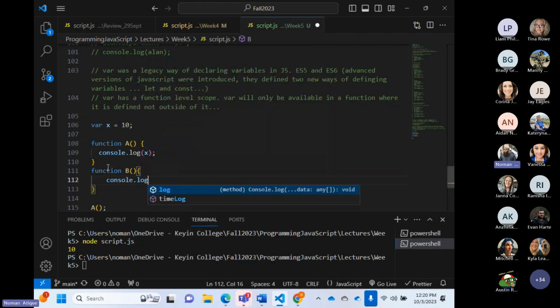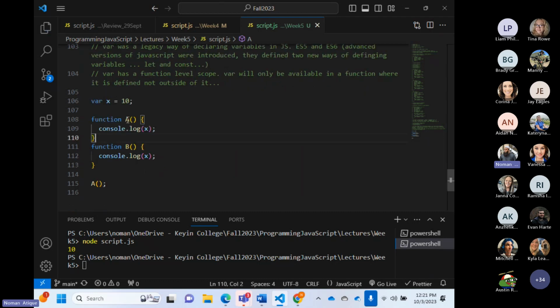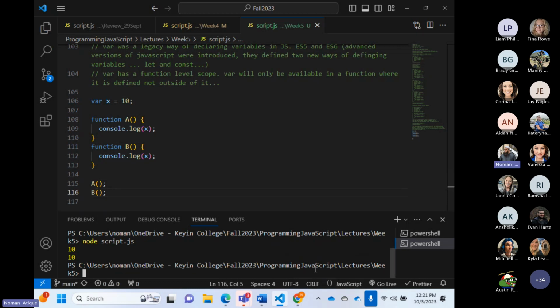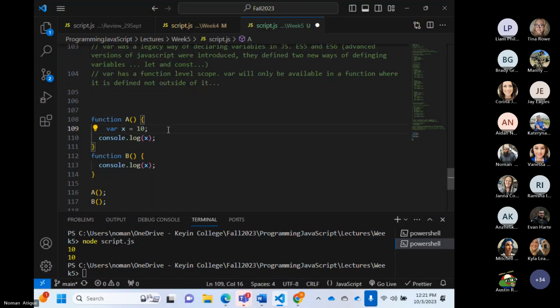Function b, console.log x. You will understand this very clearly now. So x has been defined globally. If I call a and if I call b, if I call both functions, can I print the same value two times? Yes, I can print them, right? Now see here. If I cut this declaration from here and I take it inside a,